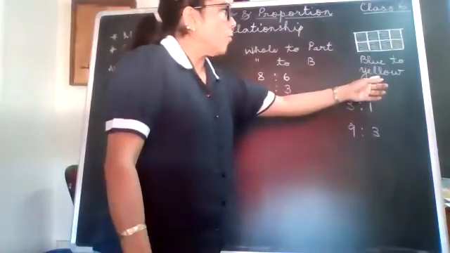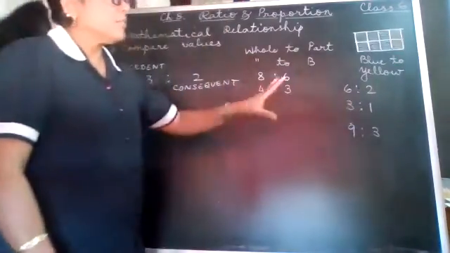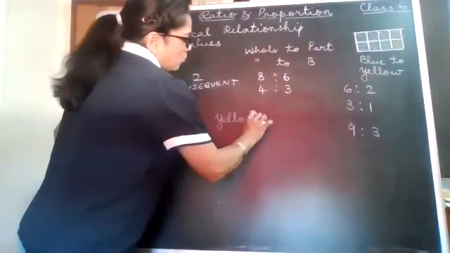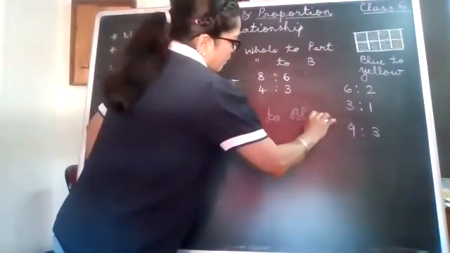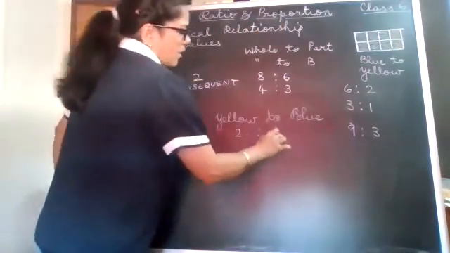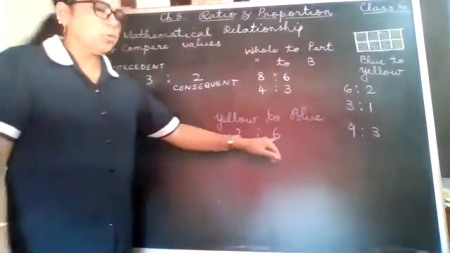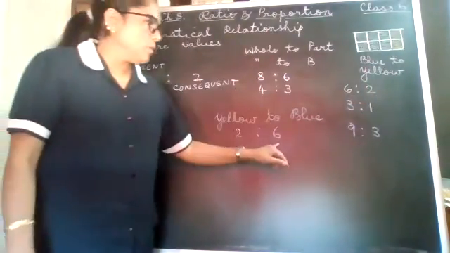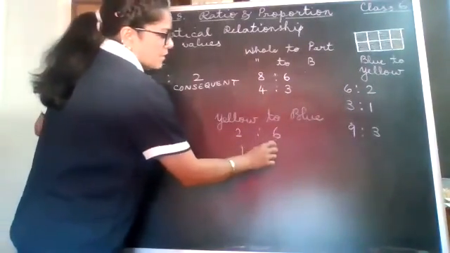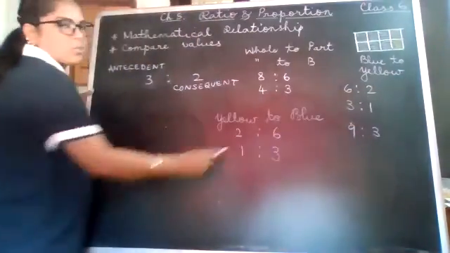So if it is blue to yellow, blue is 6, yellow is 2. So you write 6:2. Now if this question was asked in another way, if the ratio is asked yellow to blue, then yellow is how much? 2 and blue is how much? 6. Then your ratio will change. Here it was 6:2, here it will become 2:6 because the yellow is 2 and the blue is 6. Now it can be reduced, so you reduce. 2 divides 2 once and 2 divides 6 3 times. Okay, so we just got the opposite of 3:1, 1:3.